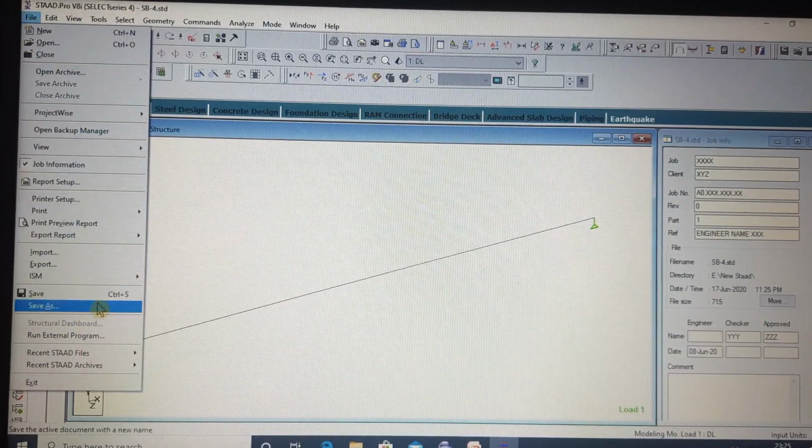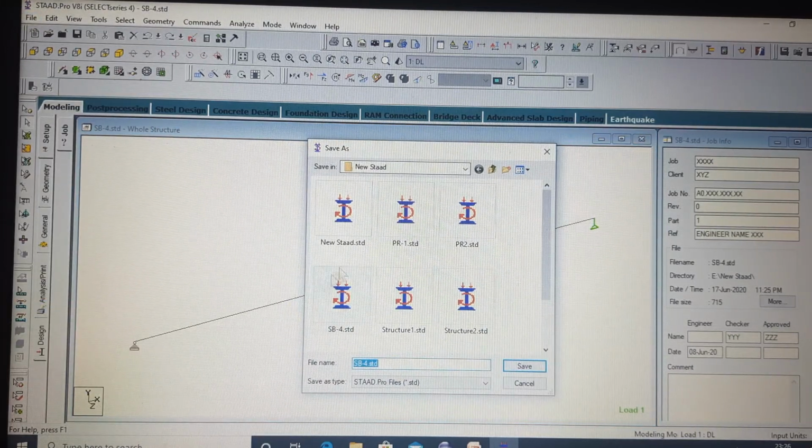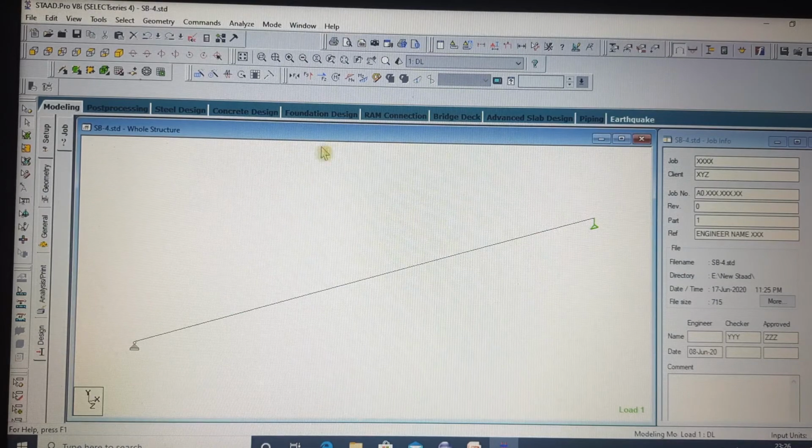And there is another option, save as. This is practically an option through which you can duplicate your file, or if after certain modification you want to keep the previous one, through this option you can keep the duplicate formats of your file. So this is the use of that functionality.